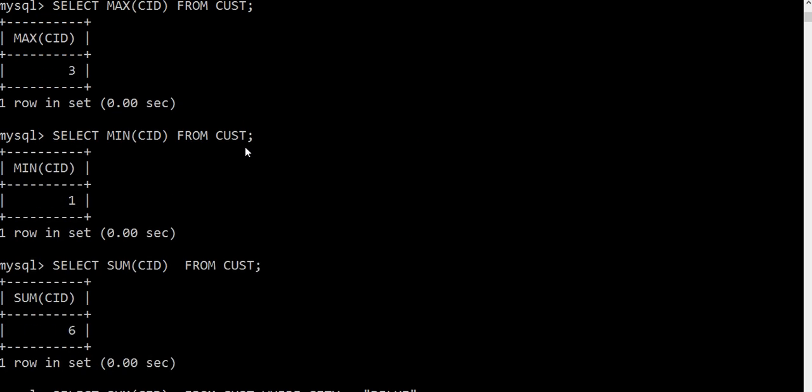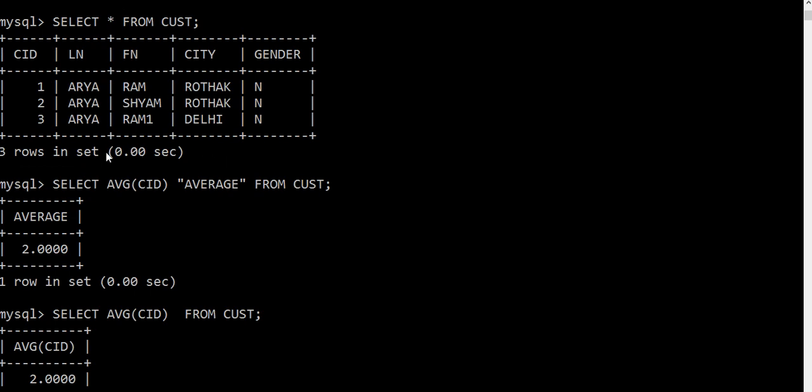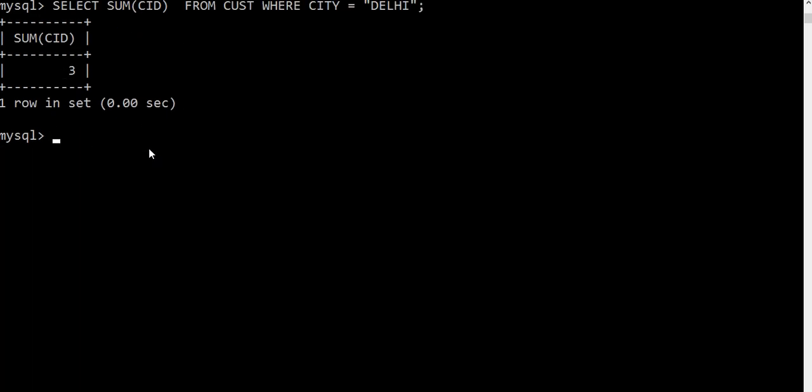Why has 3 come? Just see the table again. I told you I want to sum all those values where city is Delhi. So there is only one entry where the city is Delhi, and that is 3. So 3 has come in the output, you can see here.